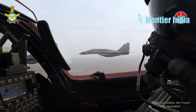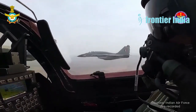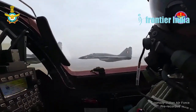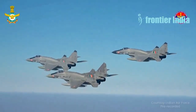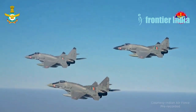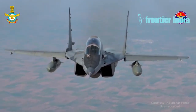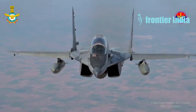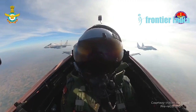MiG-29s have less maneuverability when ascending to altitude from lower bases. The accuracy of air-to-air missiles and explosives can decrease at high altitudes. This increased takeoff speed necessitates additional fuel consumption, lowering operational range and time on station for missions. Increased fuel burn results in increased takeoff weight, which, combined with poorer lift in thin air, decreases armament and payload